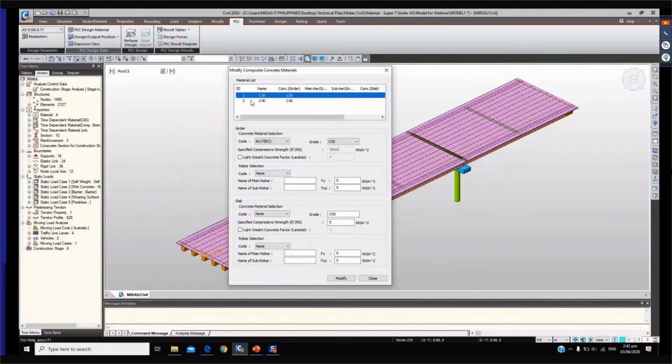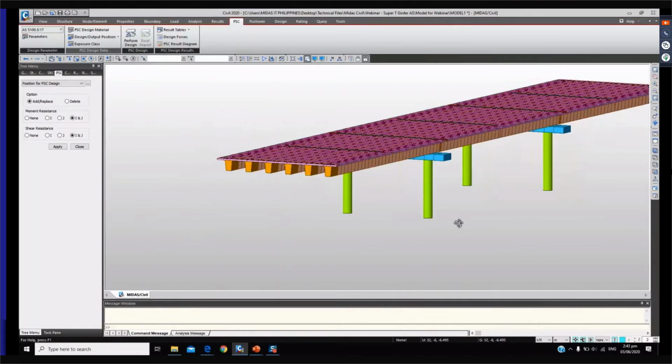C40, C50, rebar selection is from AS as well, main rebar and the sub-rebar. I need to define this as well for the rebar selection again. See what the grade of the main rebar and the sub-rebar to define. So then for the design and output design position, you need to select the elements which you want to have a design output. So you want to design for example this